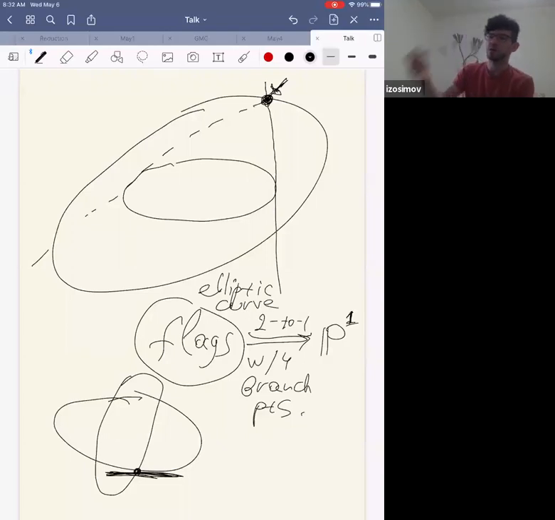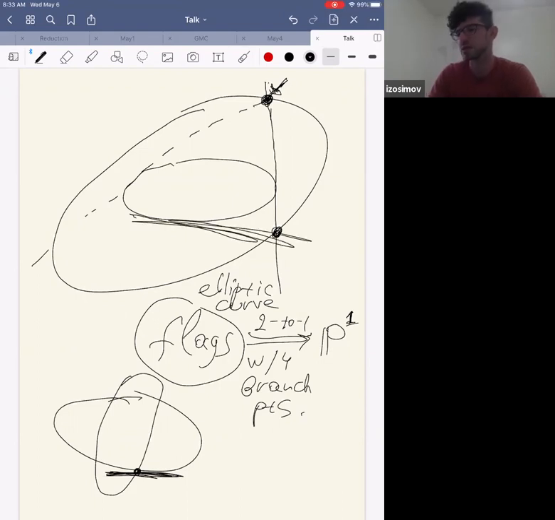And then, well, there is a simple description of what our map is. There is this Poncelet iteration. When we draw this tangent line, we find this next intersection point, and then we repeat this procedure. So what this map is in terms of our space of flags, well, we can regard it as a composition